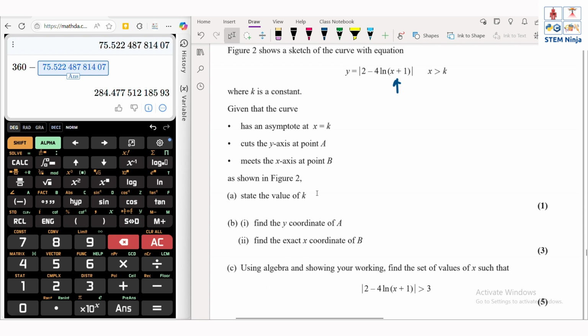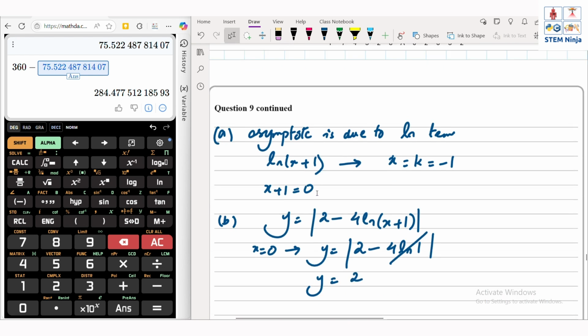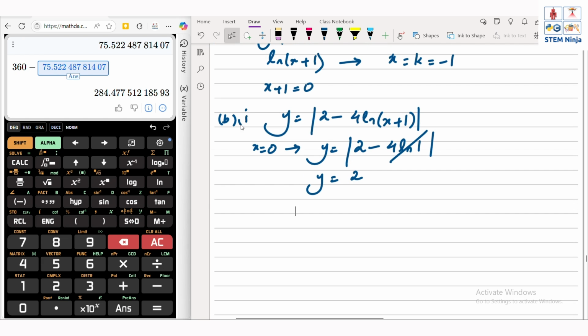Find the exact x coordinate of B. All right. So B is when y is equal to 0. So at B, y equals 0. So 0 equals |2 − 4 ln(x + 1)|, so basically what that means is